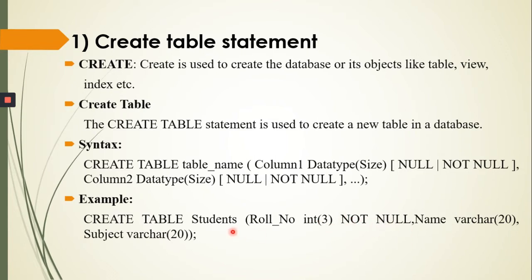After that, in student obviously a name must be there. So name, data type is varchar 20. Here I am not giving any constraint. It depends on our requirements whether we have to give the constraint or not. Next in students we can write another column, that is subject. You can write subject name according to your perspective. Subject varchar, in brackets size 20. Here we started the bracket, so here we have to close the bracket and end with a semicolon. This is the syntax of create table.